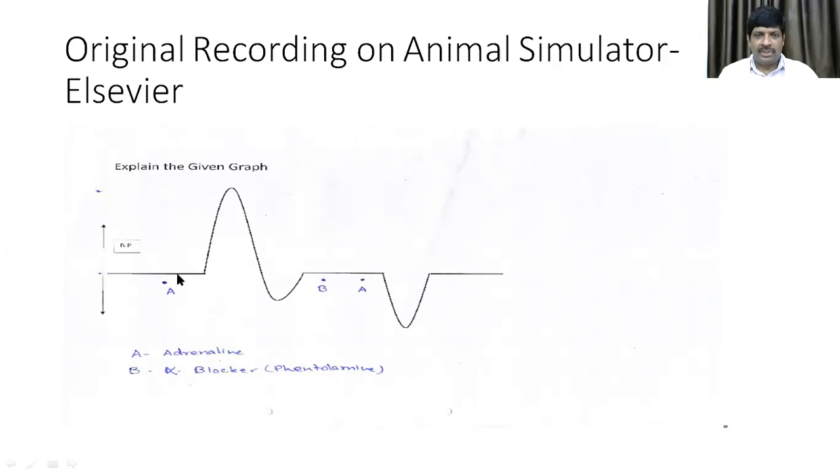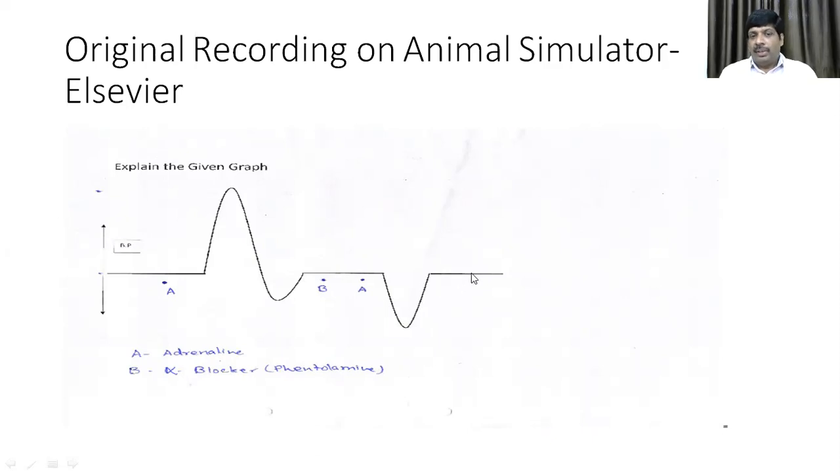So you give a drug A, you will find that there is an increase in blood pressure. Then you find that there is a decrease in the blood pressure in this phase, and this is known as a biphasic response because there are two phases in it. This is the first phase of the response, and this is the second phase. Then coming back to normal blood pressure, you give one drug here, and after some time of getting the normal tracing, you give another drug over here, and then you get a decreased blood pressure, and this is a single phase response.